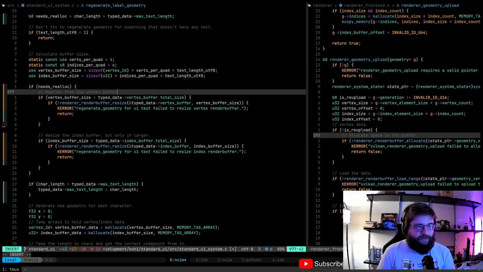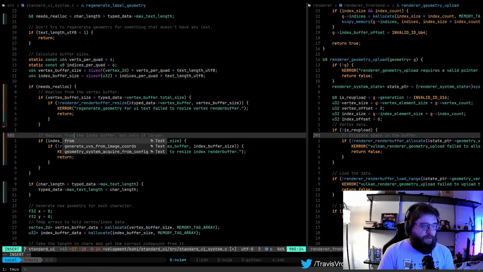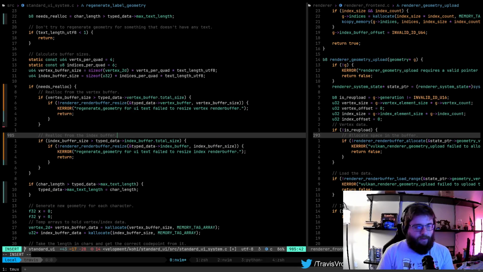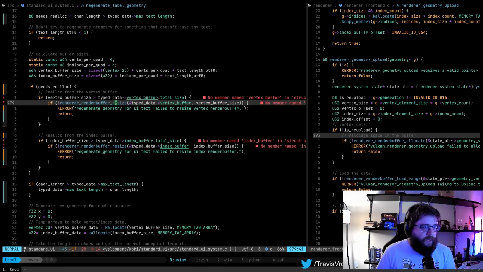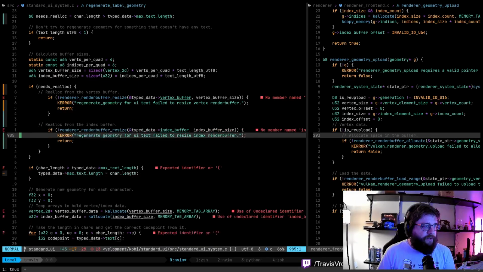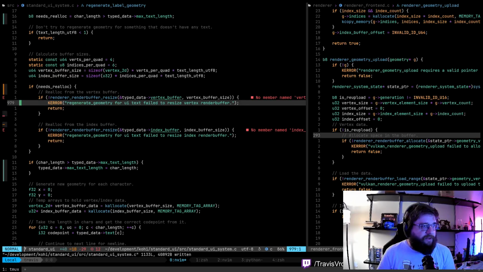And this is kind of explained in the code, so we don't do that anymore. And then we'll say realloc from the index buffer. Right. And we can actually get rid of these two if conditions, because we know what those are all about at this point.